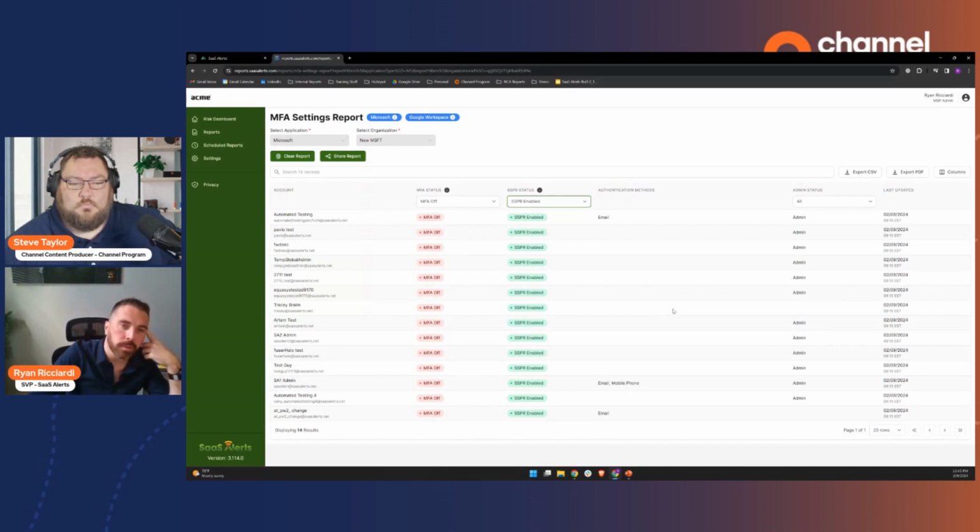That means, like, if their Yahoo is their secondary authentication method and that gets breached, they can do a password reset of your instance and get in. So this is another really good one to show to people and say, hey, we can't have this. We can't have MFA off and still allow you guys to reset your own passwords. It's just a security breach that I don't have control over, and I'm not comfortable with that.